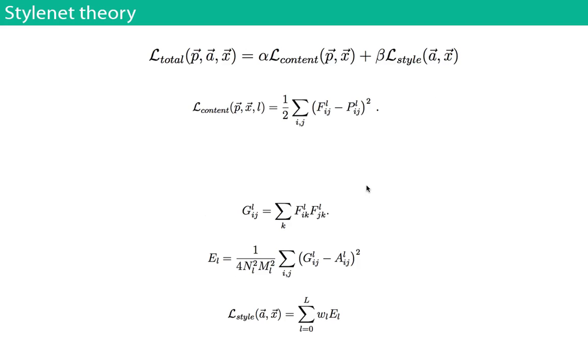Two images which have similar Gram matrices will have a similar style composition. So that's the style, and then you add them up. This works in iterations where we constantly adjust the pixels slightly so as to lower both the content and the style loss. There's a trade-off between them. It's impossible to reconstruct both the style and the content perfectly, so we use alpha and beta to decide which one's more important.